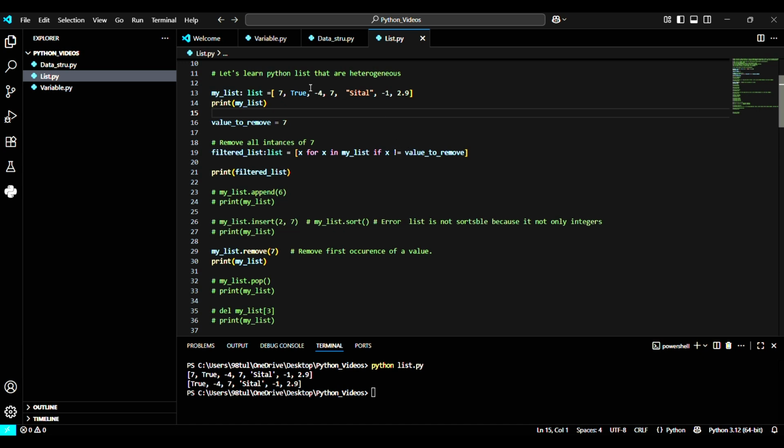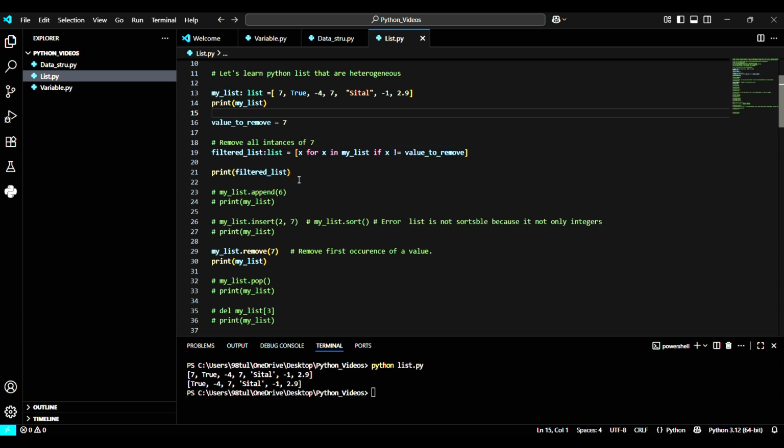That means it will continue until all the values except 7 get stored in the filter list. When the condition is met, it will stop automatically. So now all the values that are not equal to value_to_remove are stored in the filter list.